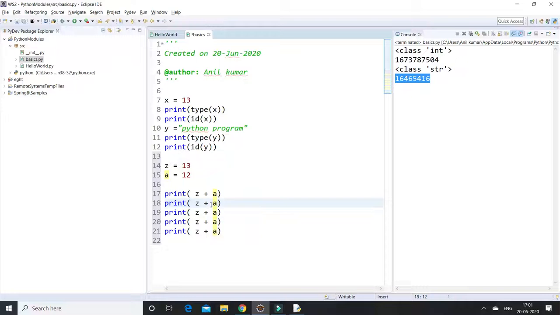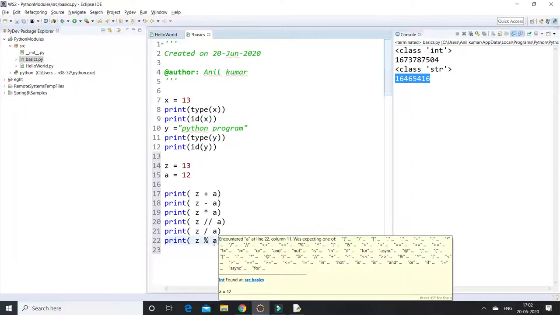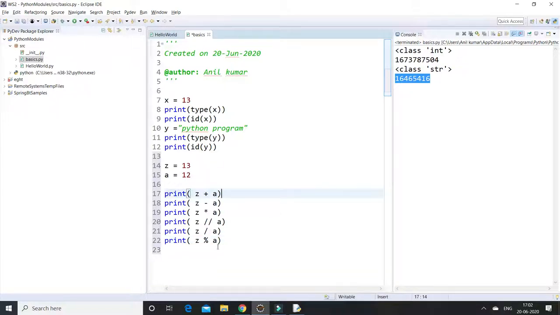Then I'm using the minus, star for multiplication and division operation, and this one division operation again, and I'm going to use percentage operations here. So let us run our program.